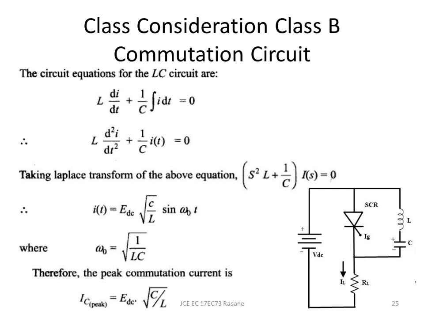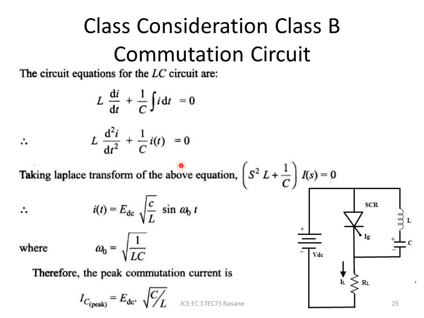Now looking at the design consideration of class B commutation circuit. We have got a circuit here for class B with L and C in parallel with SCR. Okay, and the circuit equation for this LC tank circuit, if you see, that is L into di by dt plus the voltage across capacitor, that is 1 upon C integral i dt, and since it is short circuited, this becomes equal to 0, means it's conducting. So manipulating this, that is differentiating with respect to t here, I'll get L into d squared i by dt squared plus 1 upon C into i of t